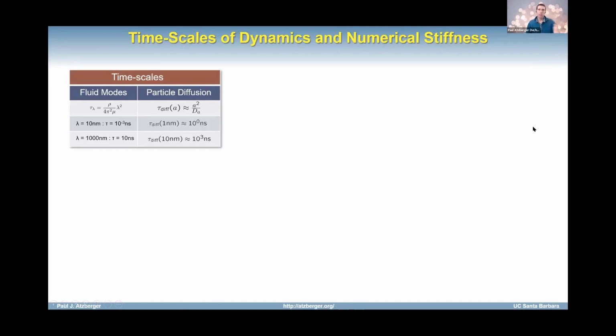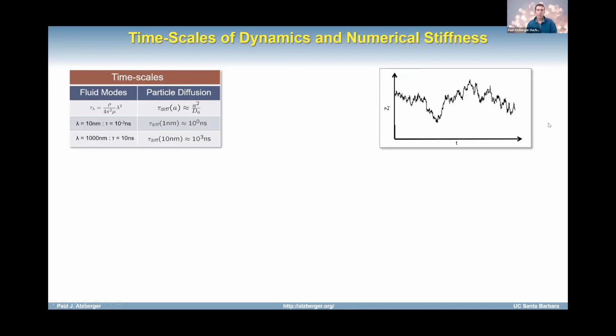I did mention that in some cases there are numerical advantages to still including the inertial dynamics, even if you could treat the system in an overdamped way. That just tends to be a little more stable and less prone to certain types of issues. So we'll come back and talk about how to deal with this, but it's very important to be aware that these equations are quite stiff if you try to treat them directly. Thermal fluctuations excite all the fluid modes, as I mentioned, so you have to be mindful about how you under-resolve these modes, accounting for the statistics appropriately.